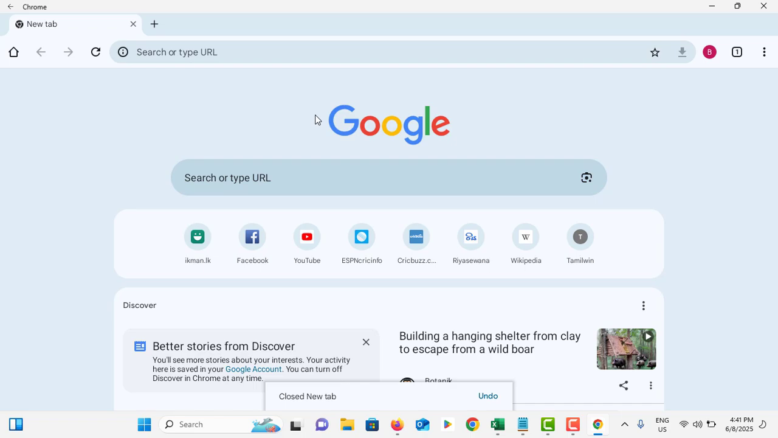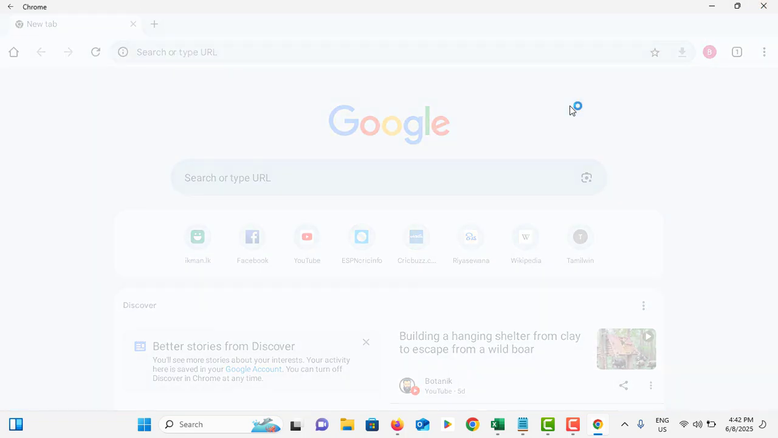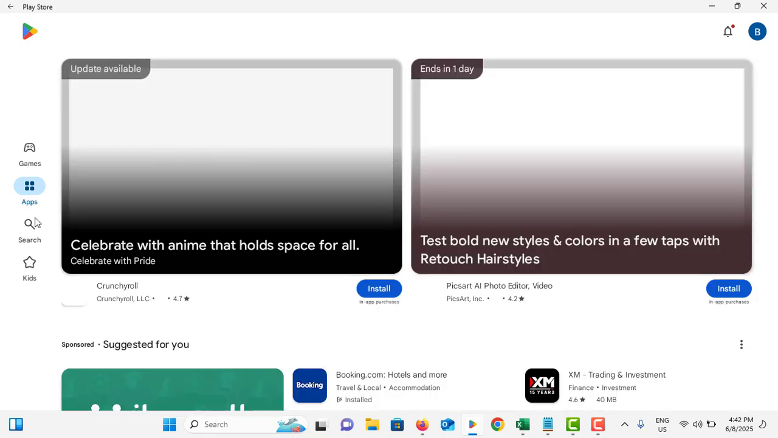If you are using a VPN, please turn off the VPN and try without it, and use a stable Wi-Fi or mobile connection. And if none of the fixes are working, you have to close this one, open Play Store again, go